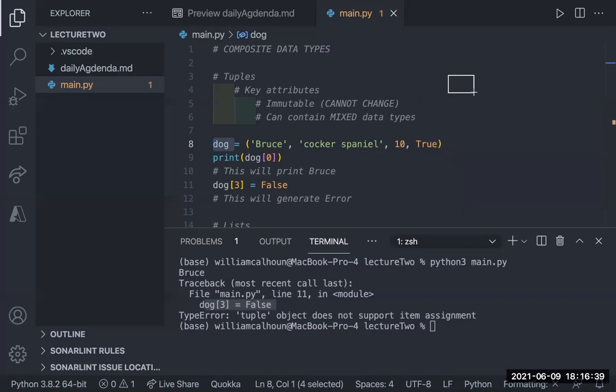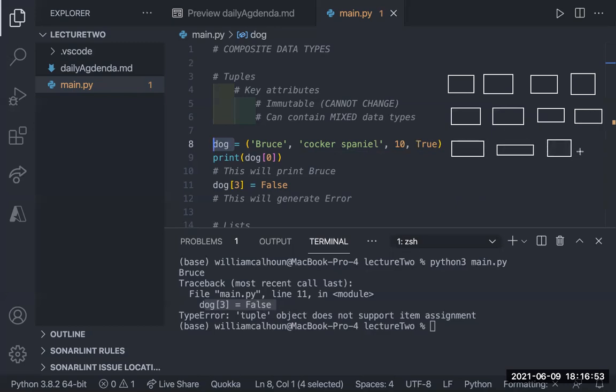You kind of think about memory like this: you've got all these memory slots. This is just a very simplistic way of thinking about memory, and I'm not going to get too in depth.